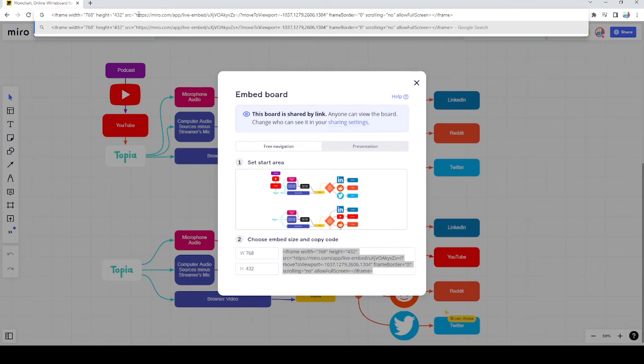So I'm going to just throw it in there for a second because I want to take the meat of the link out from the embed code. So right here, pretty much anything that is the URL between the quotation marks. So I'm going to copy that